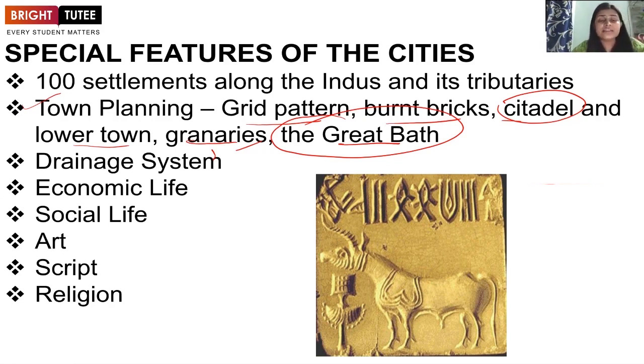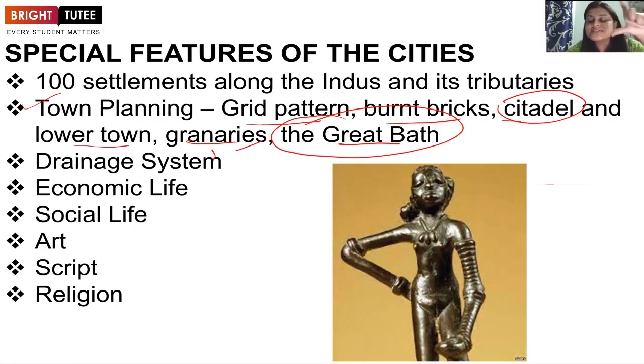And there is one very famous sculpture, the dancing girl. That dancing girl sculpture has been found from Mohenjo-daro, and it is made of bronze metal. If we look at that image of the dancing girl, which is there in your book also, page number 10, at the bottom of the page on the right-hand side, the dancing girl clearly indicates calmness